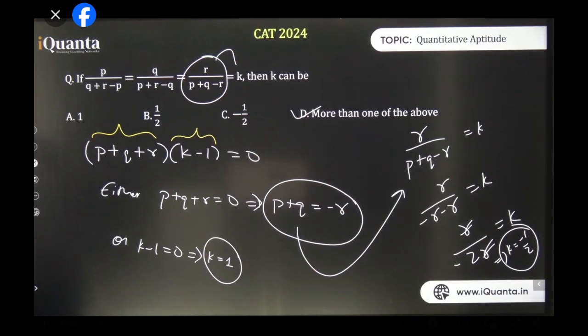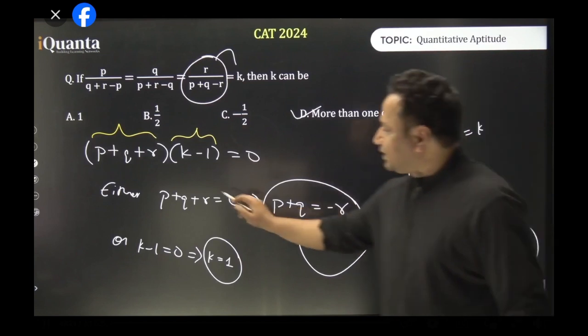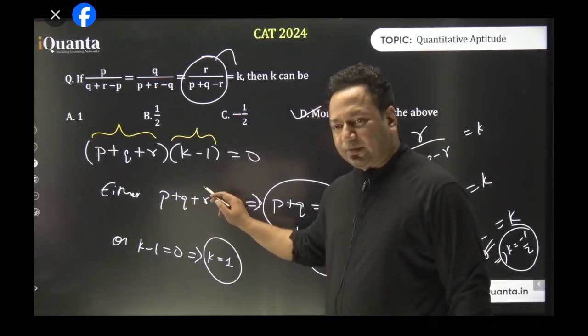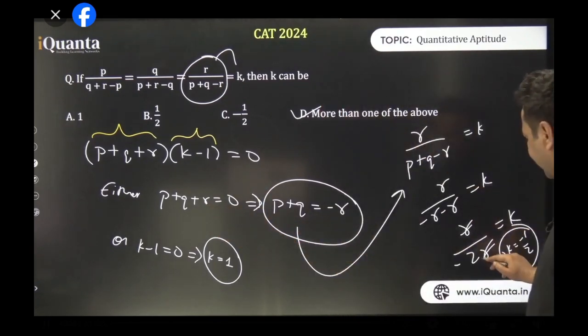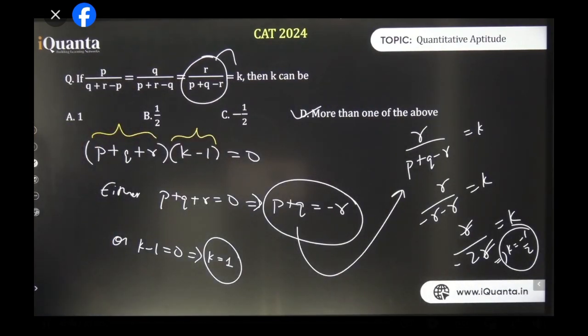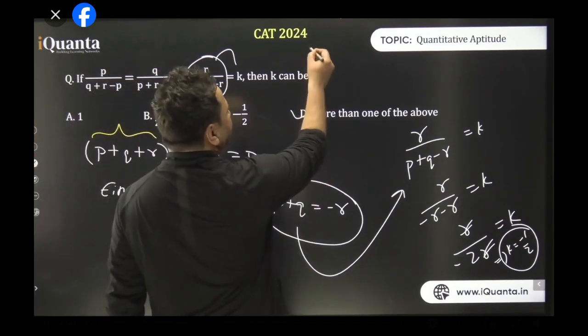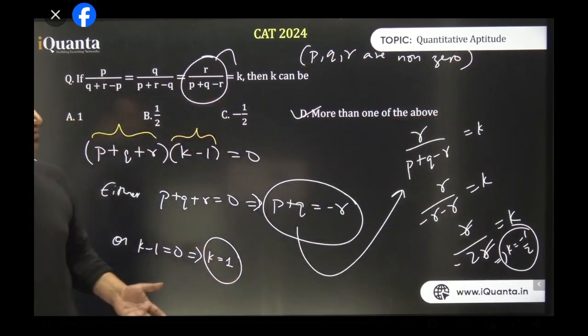What didn't you understand, Akanksha and Shaifuddin? Getting confused when we cannot cancel. Okay. Akanksha, one thing is for sure, isn't it? P plus q plus r is 0. Right? P plus q plus r can be 0. That's why we cannot cancel it. Alright? But r is not 0. So r upon minus 2r, we can cancel when the things cannot be equal to 0. Alright, Akanksha? That's the only thing. Wait, I'll just write in the question also. P, Q, R are non-zero values. Okay? This will be given in the question. If it is not given, we'll consider it to be non-zero only. Okay, Akanksha? Now you got it. And Shaifuddin, you got it now?